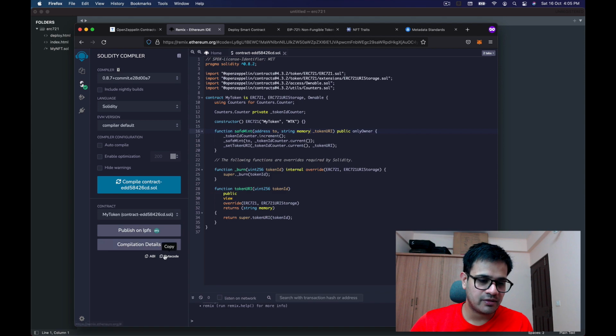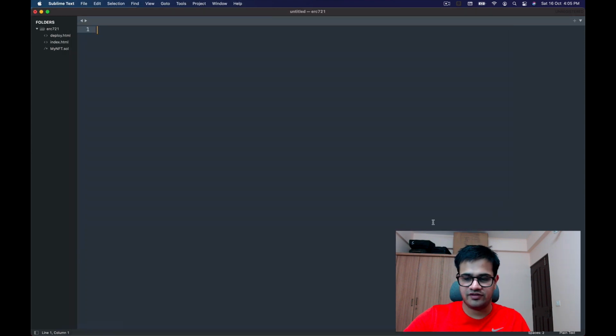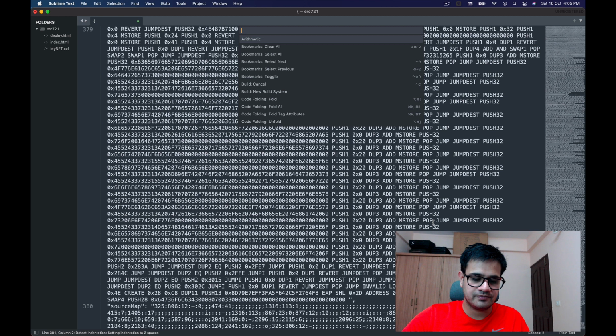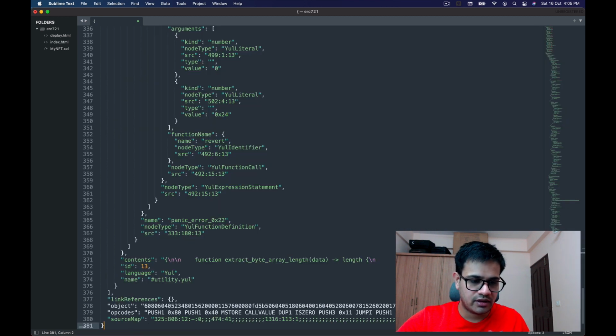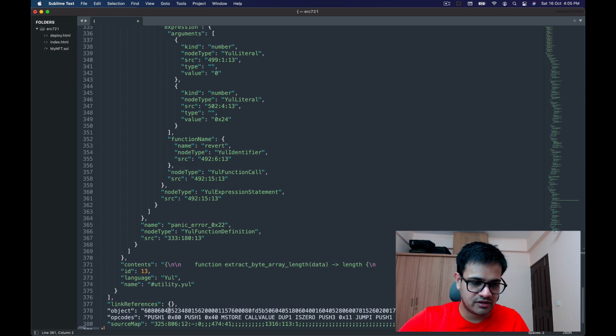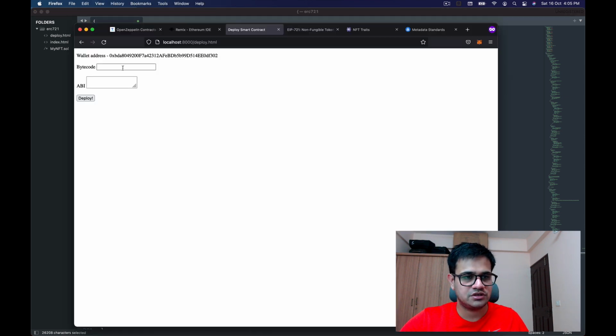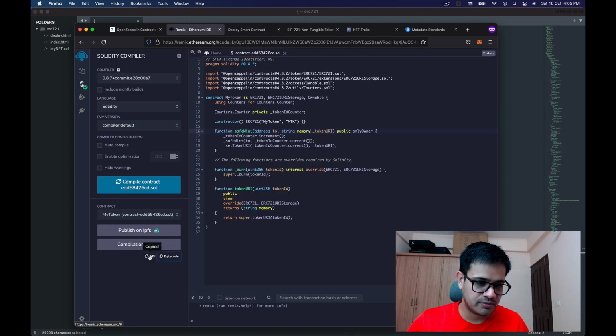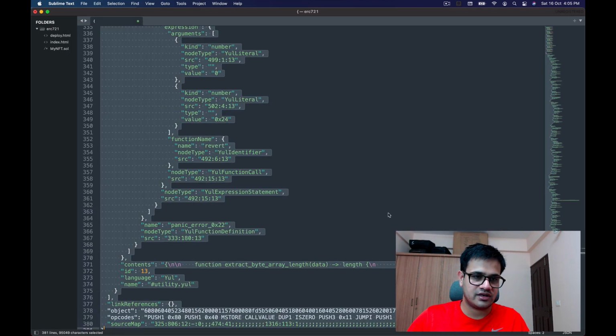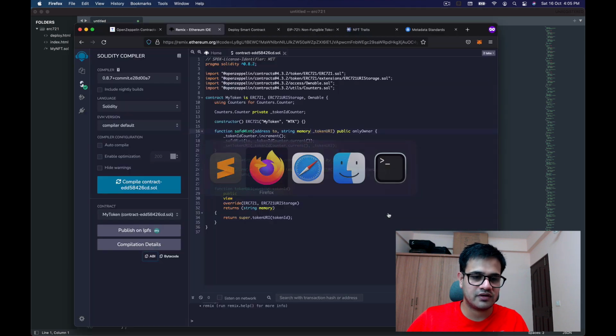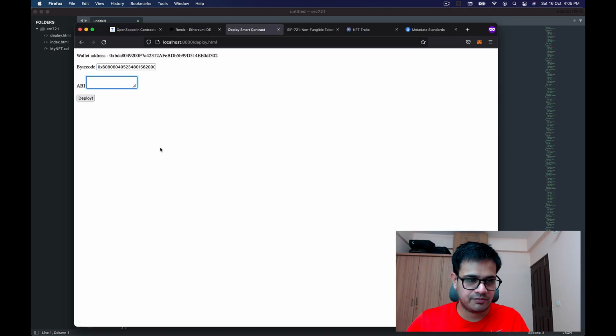So what I'll do is I'll copy the bytecode and go to my favorite Sublime Text, set syntax JSON, and the next thing that I need to do is basically copy this object, go to the page, go to bytecode, paste the object and add 0x over here just to say that this is a hex code. The next thing that we will do is basically copy the ABI, make sure that the ABI is fine. Yes, it looks fine. So I go back here and I paste the ABI.